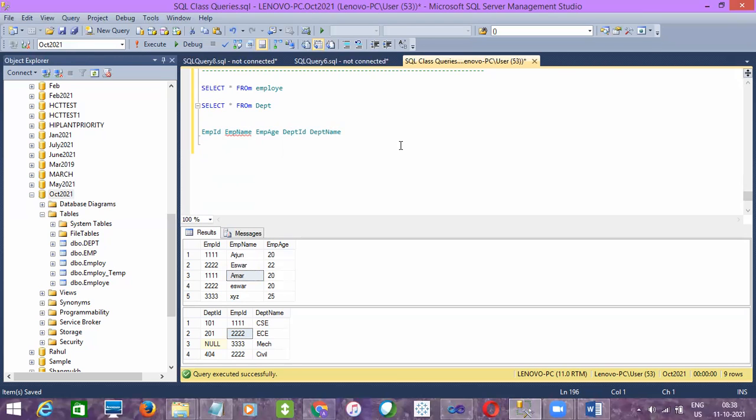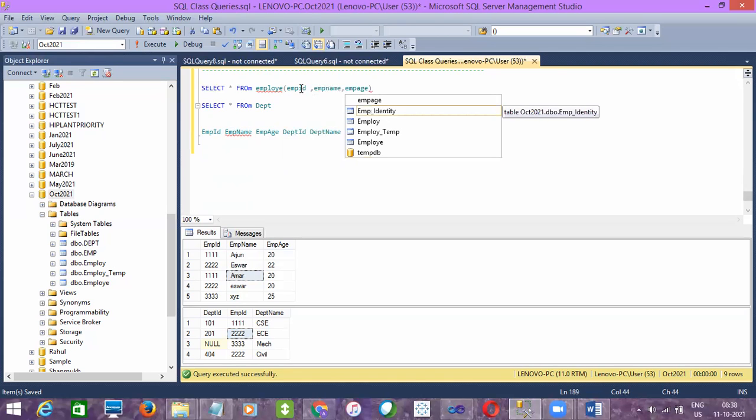Yeah, it should. Okay, select star from employee. Here I need to mention the column list: employee ID, employee name, employee age.